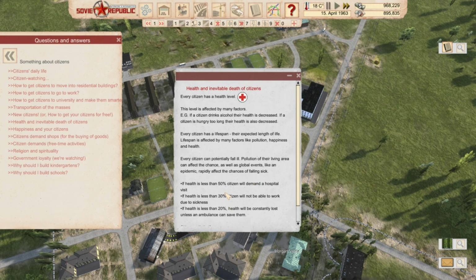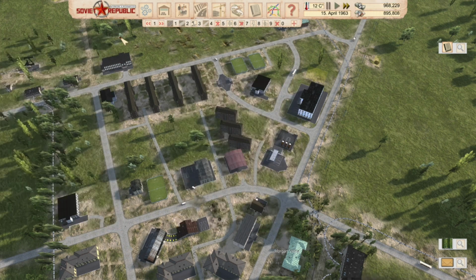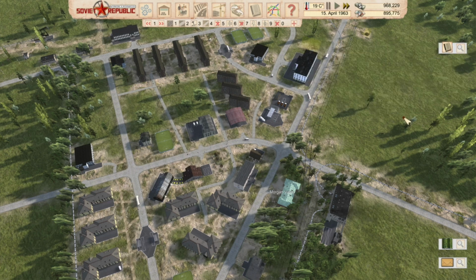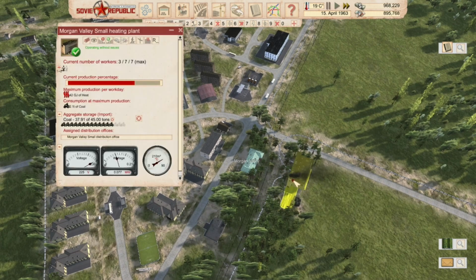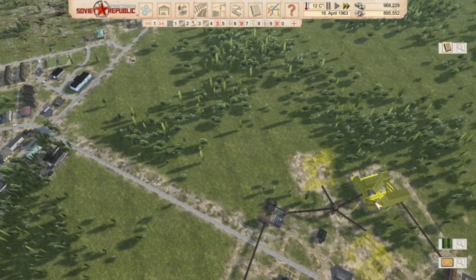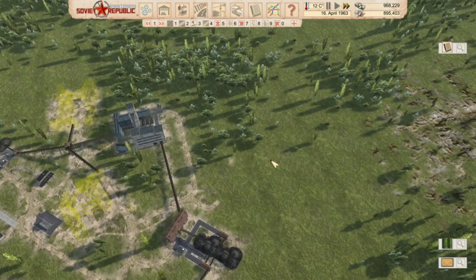So really, we're okay. I think we're okay in terms of the numbers that we're seeing here. They don't demand hospital visits if they're not. But yeah, I would like us to get that health up a little higher. So is it the pollution? Is it the fact that we are creating pollution over here? Okay, maybe that is in fact the case. And what we should be doing is building ourselves...